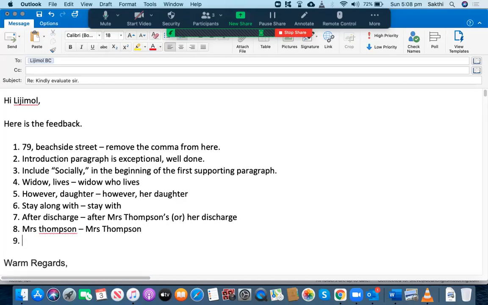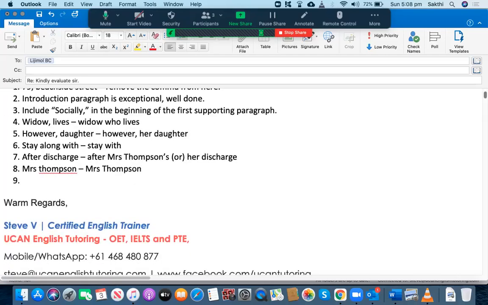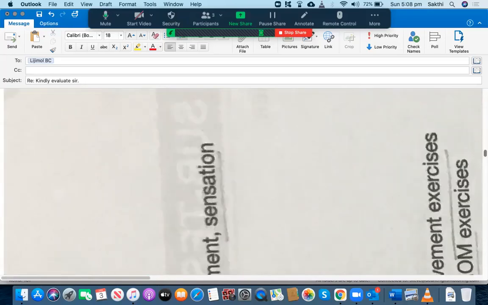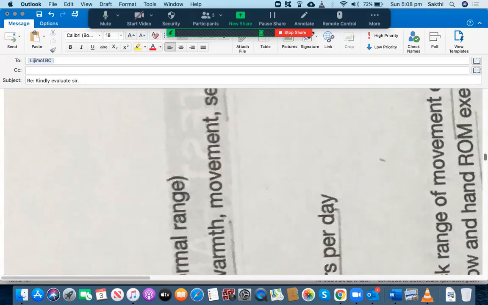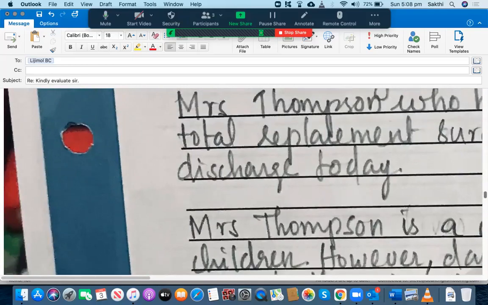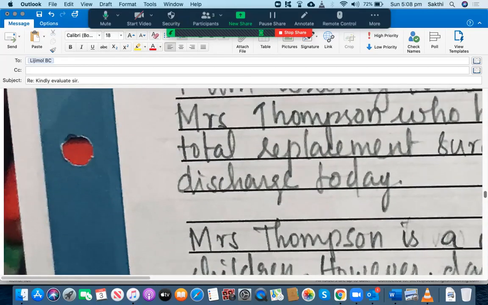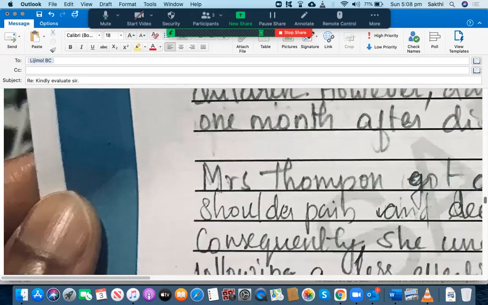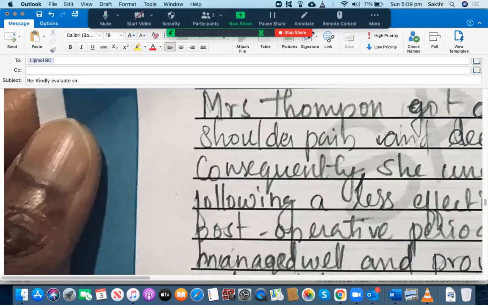Within 45 minutes I targeted the time. But I proofread. But you have to know that once you finish it, you have to spend like 5 minutes for proofreading. At least 5 minutes. For this letter I didn't get time. You didn't get time to proofread it, right? Yeah, 46 minutes I did. It's not good.